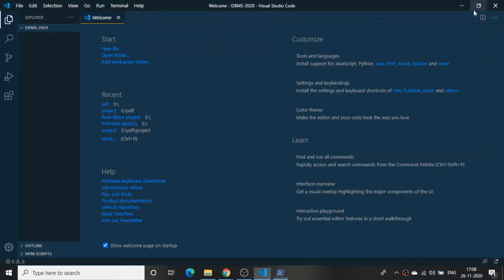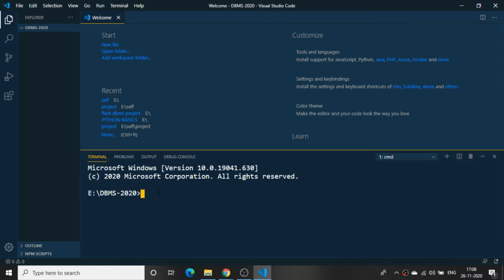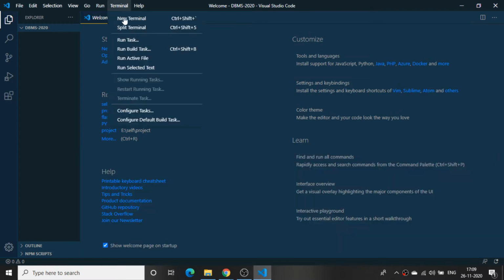Then I'll close the terminal now. Now see, if I press Control and the asterisk key below the escape key, that single quote kind of key, no, that one. Just press Control and that one key. So you can see I can open the terminal like that. Okay, so we got backticks. I think we call that button backticks. So Control plus backticks, and you can see the terminal has been opened here. Okay, if you can't open it like that, you can directly click on Terminal, New Terminal.